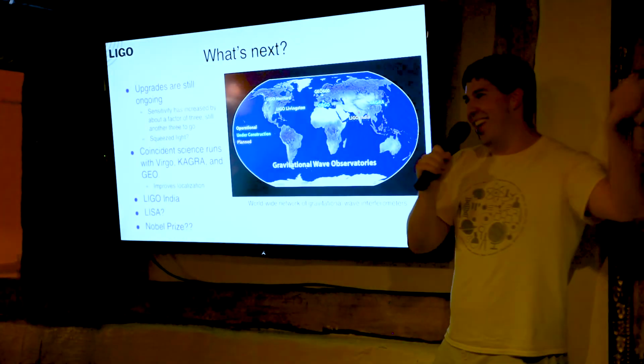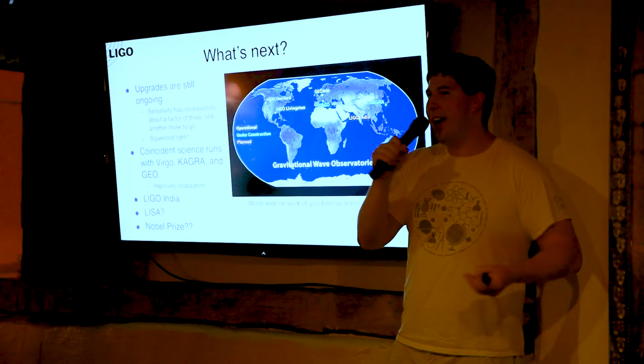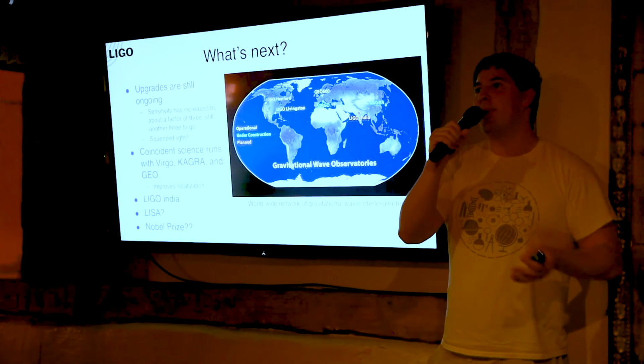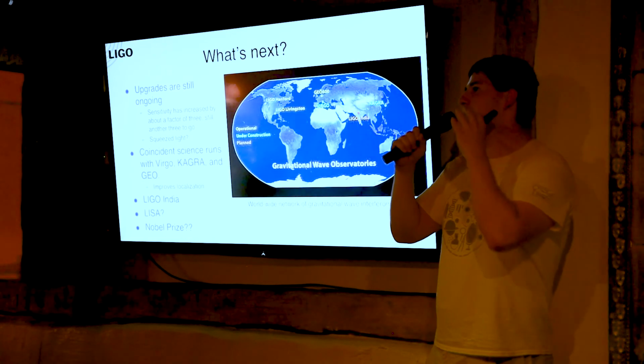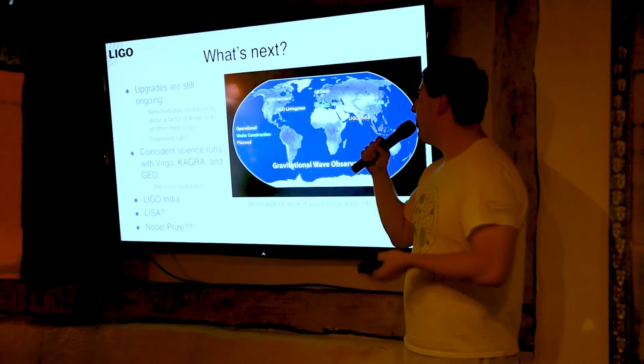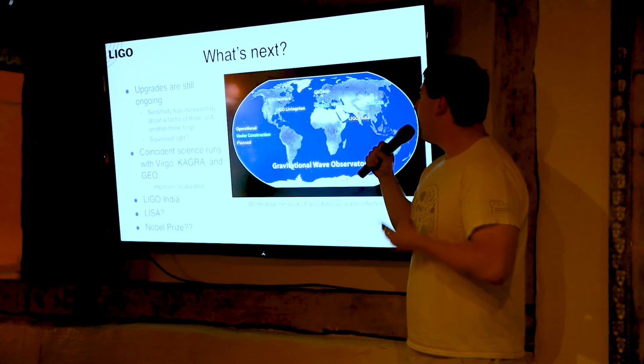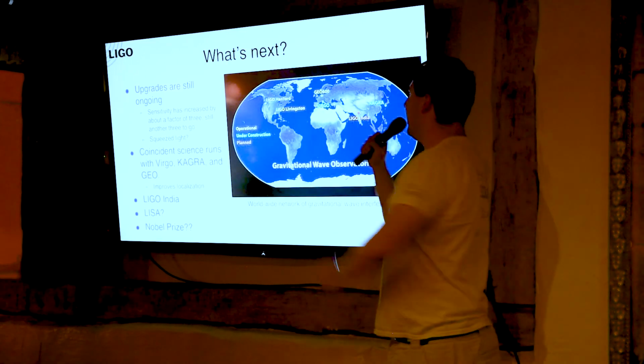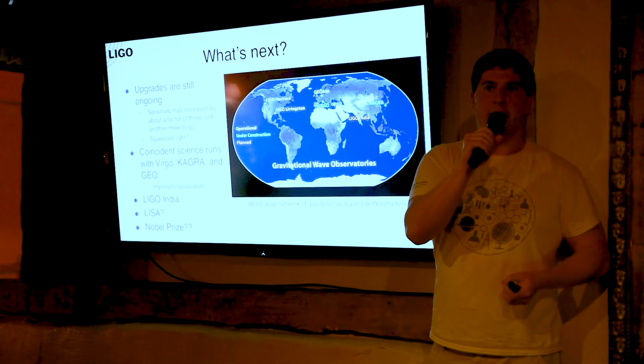So what's next? Well, you're going to continue upgrading. There's more work to be done. You're going to get more science runs, not just with LIGO, but other detectors are going to come online in Europe, with Virgo, and KAGRA in Japan. They're building an identical LIGO site in India, which should be, I think, constructed